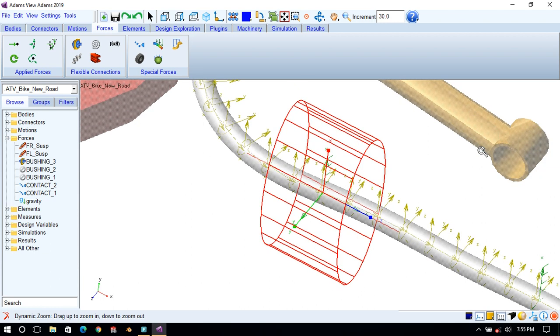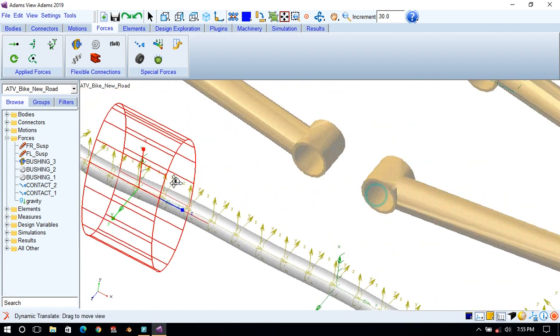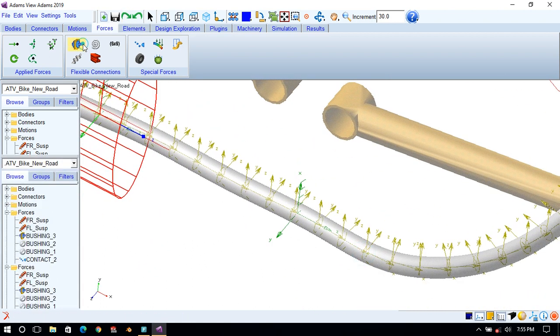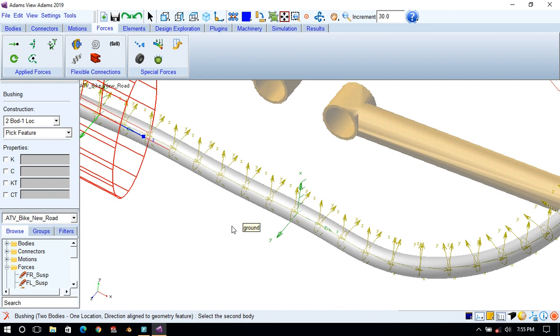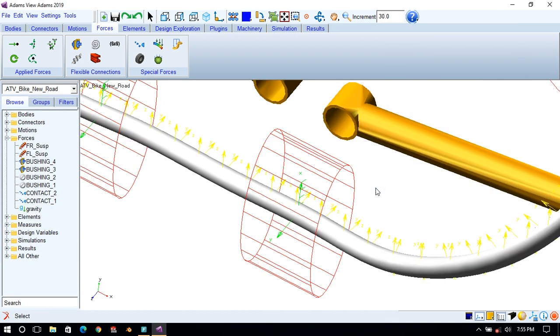So it will orient the z axis of this bushing along the length of the bar. Then similarly, for the second roll bar, ground as the second body location, that marker, its axis of bushing would be along the axis of the bar. So for this bushing we have to define the stiffness and damping coefficient.